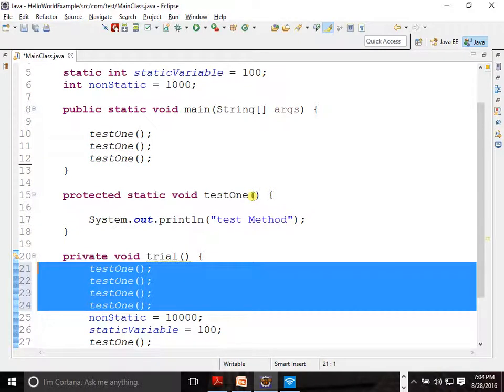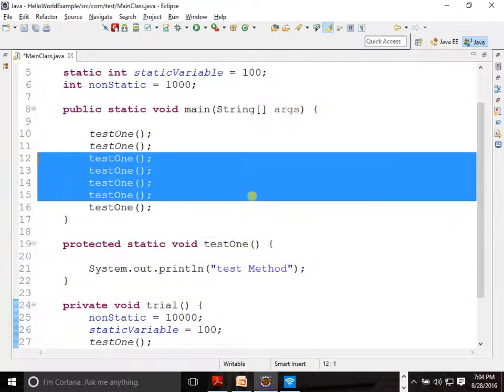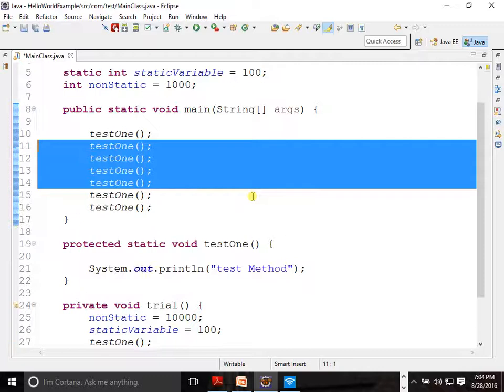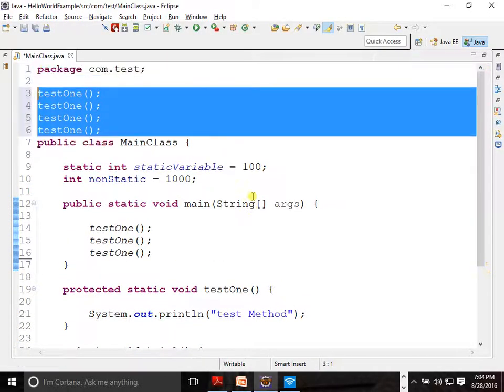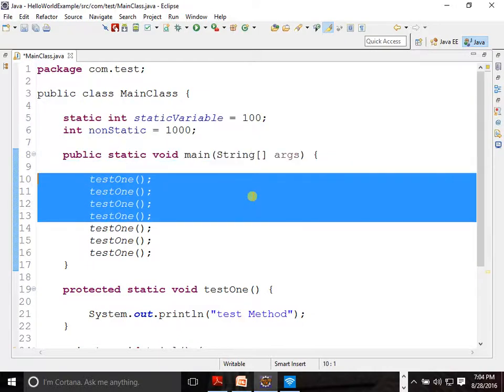If you want to make it go up, Alt Up. You select the line, press Alt, then move it up or down. Automatically it will do that. If you want to make it go to the very top, I can move it to wherever you want. Got it, right? So Alt Up or Alt Down. Not copy, cut.